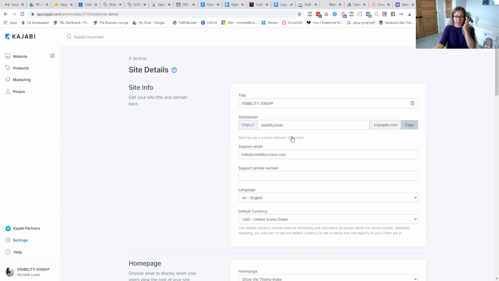You'll be able to use your custom domain. See how it says that right here? So just click here and follow those instructions. I believe it does it natively now. Otherwise, you can do it through Cloudflare. Really not too challenging. And I can definitely cover that maybe in a separate training in case you need that